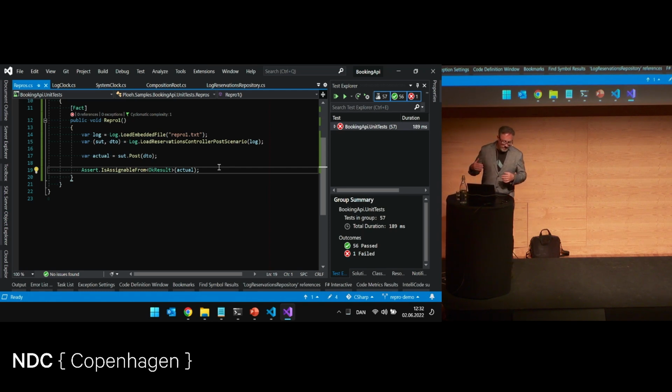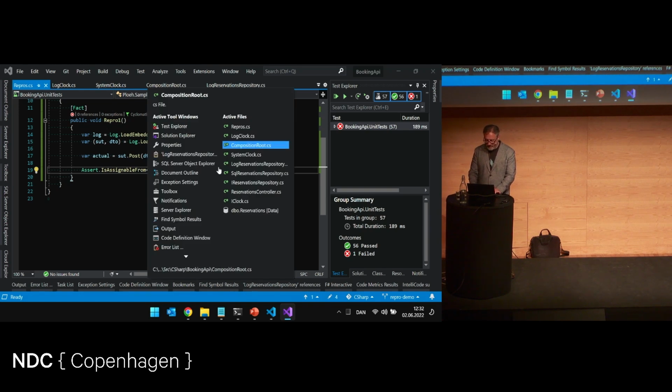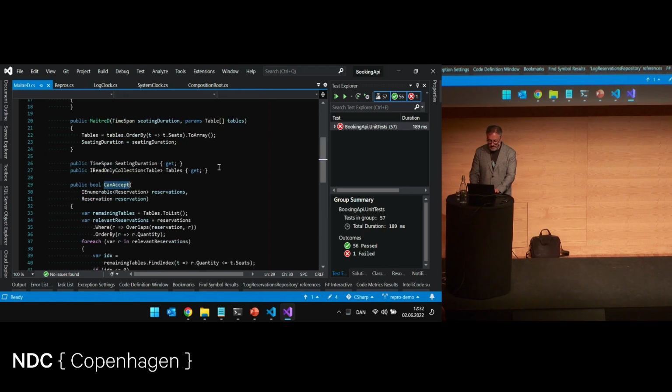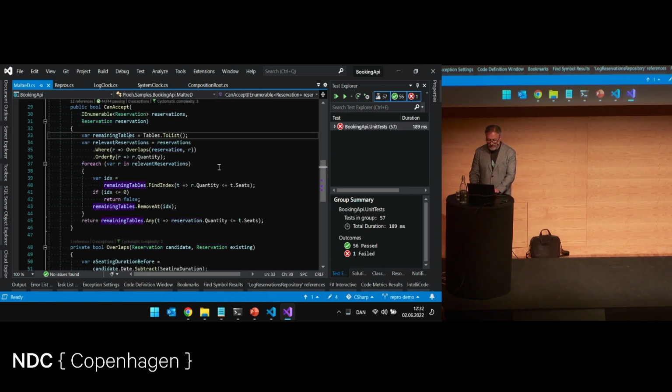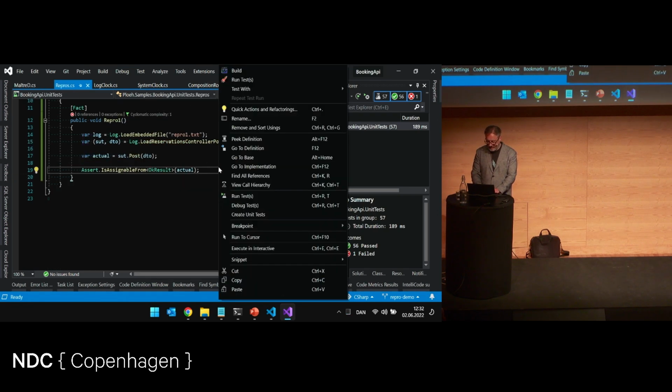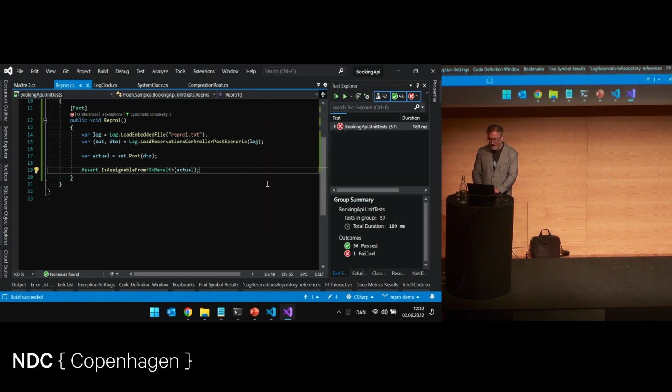And I can show you in a little while exactly how that works. But the nice thing about having a repro is that now you can actually start troubleshooting. So I deliberately made this little piece of sabotage here, so I know where to go and look for it. The defect is actually sitting around here. So I'm just going to add a breakpoint just to prove a point. I can go back to repros. I can decide to go and debug that particular test,